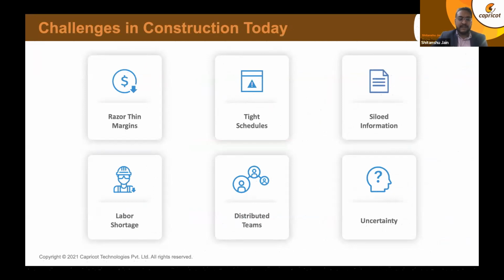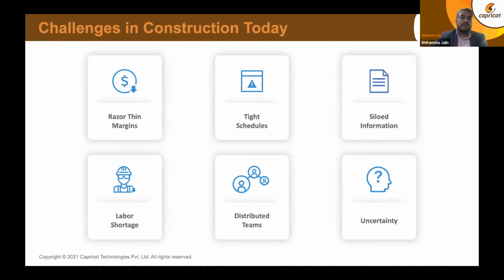This is something I believe most of you would already know about, but it's more to absorb and look at it from a high level: nowadays, day by day, the margins in the industry are decreasing, going down and down every day. We have tight schedules, so all our projects are time bound, especially if I talk about, for example, housing or real estate projects. Most are now bound by RERA guidelines, so we have schedules, we cannot deviate from them.